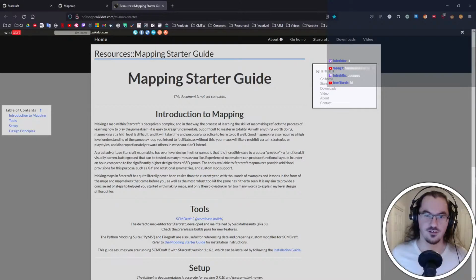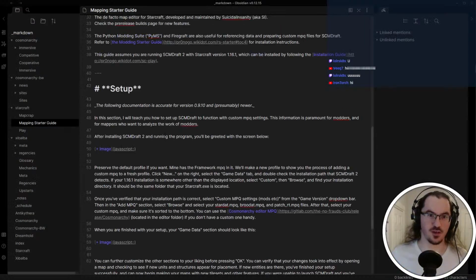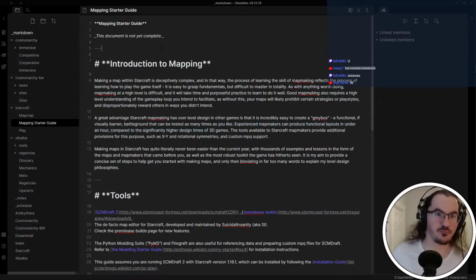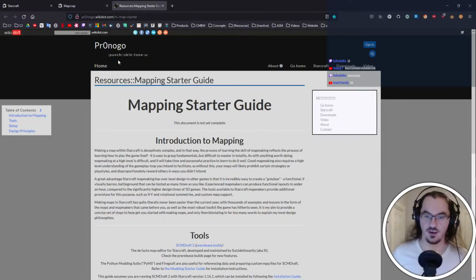And now we can grab all this. Unfortunately, it also selects the table of contents, which is over here. We can get rid of that. And wow, would you look at that? It actually did load some of the formatting. So obviously, we don't want this. Instead, we'll do... there you go. This document is not yet complete. So this is...